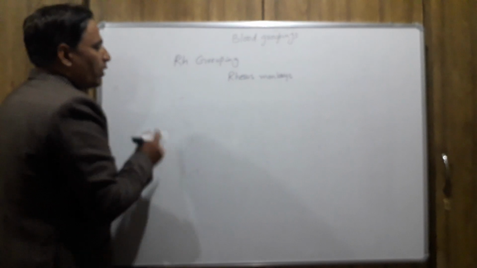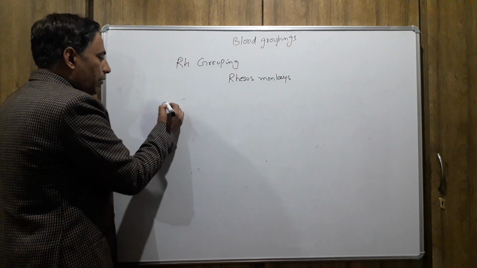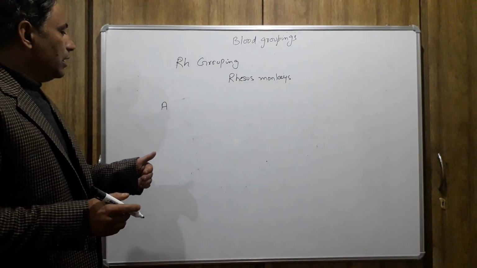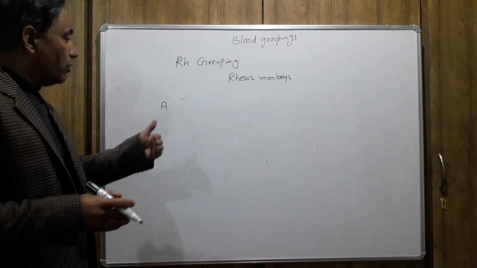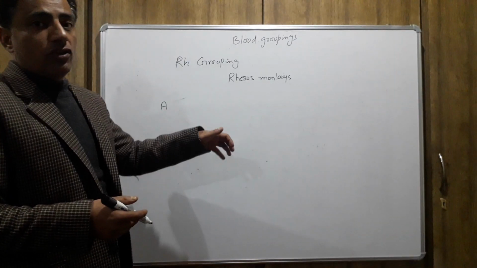For example, if a person has blood group A, a person who has blood group A would only be able to give blood to this person if his blood is also A, carrying A antigens on the surface of their